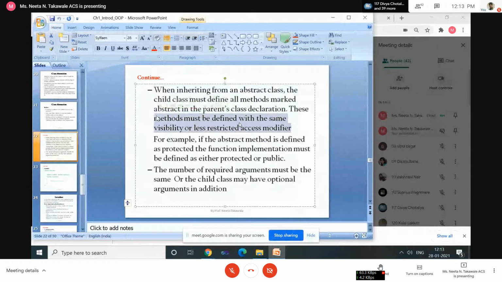That means if the abstract method is defined as protected, then in the derived class where you are implementing that function, it is either protected or public.